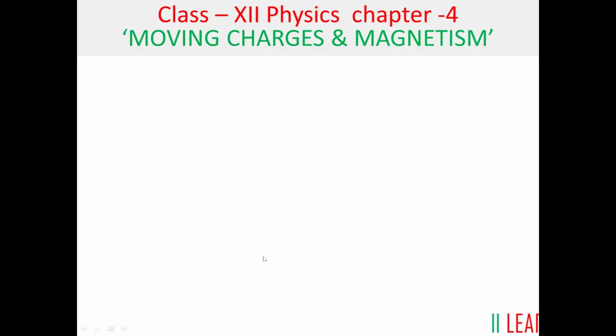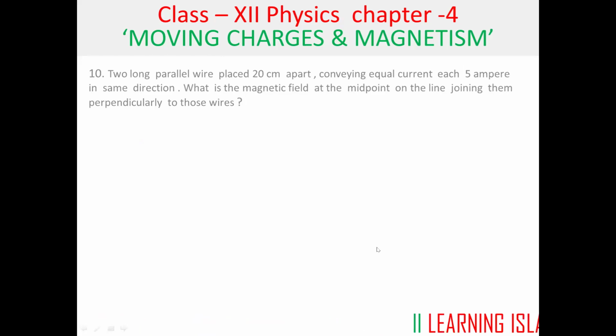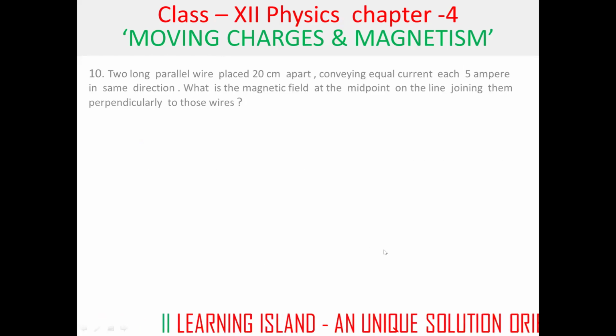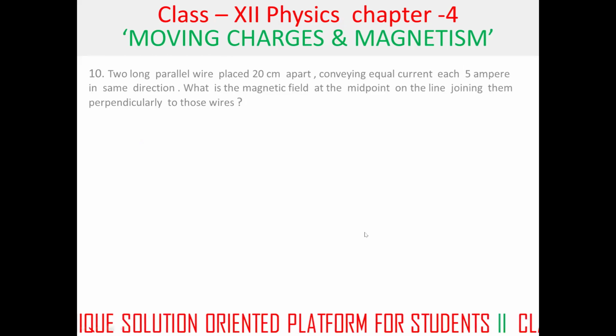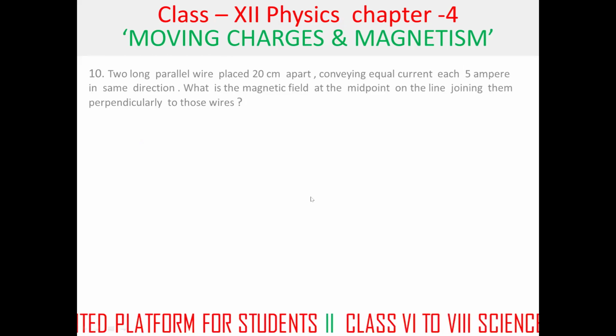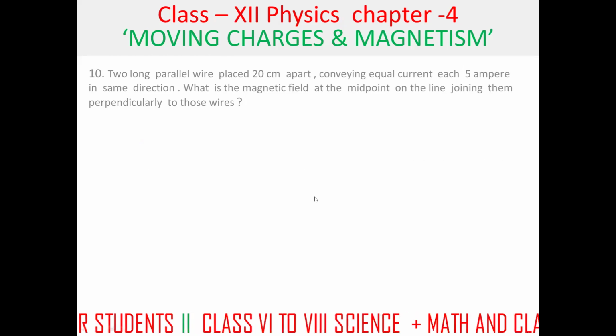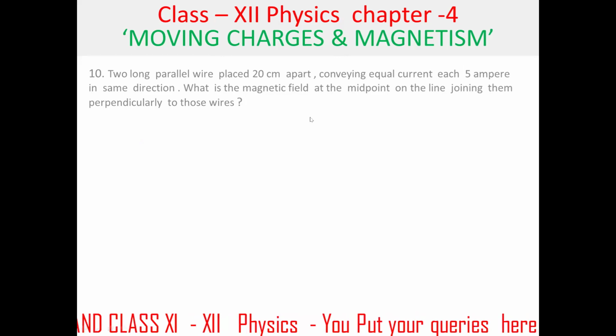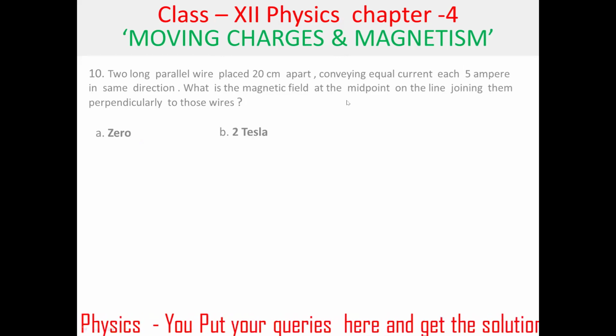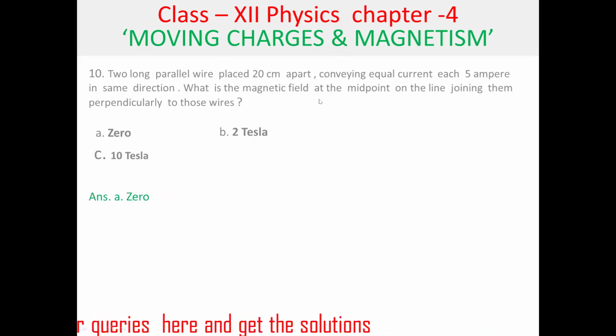Now, next question. Two long parallel wires placed 20 cm apart, carrying equal current, each 5 ampere, in the same direction. What is the magnetic field at the midpoint on the line joining them perpendicular to those wires? So options, let us see the options. Here the answer is 0. How? You see,